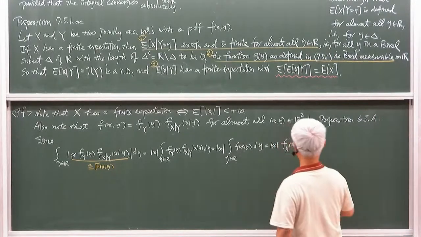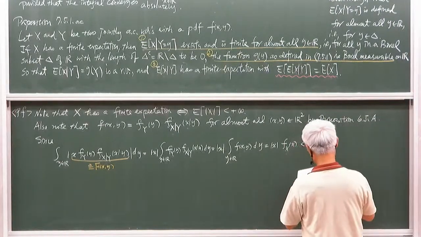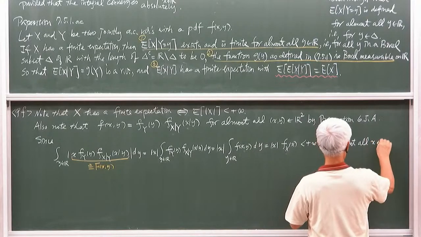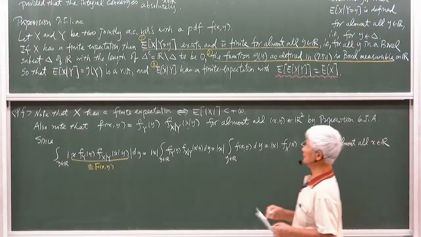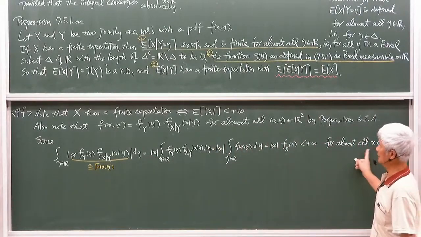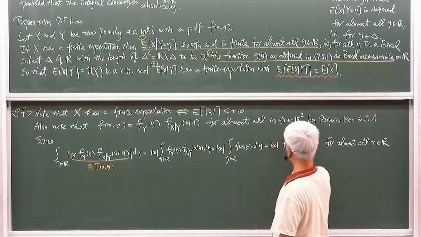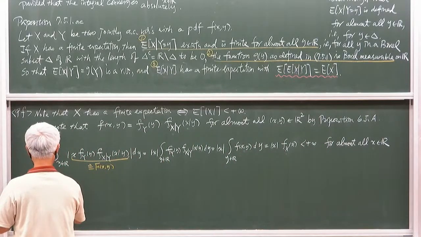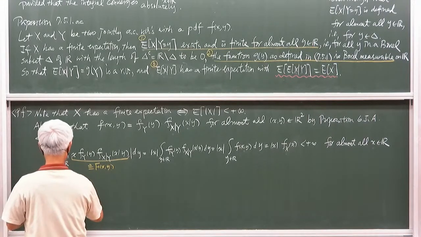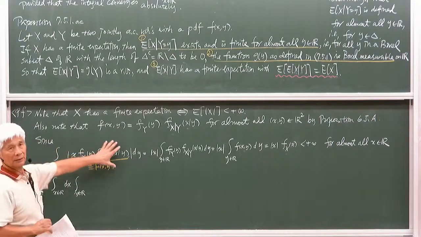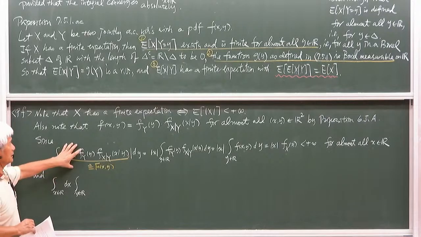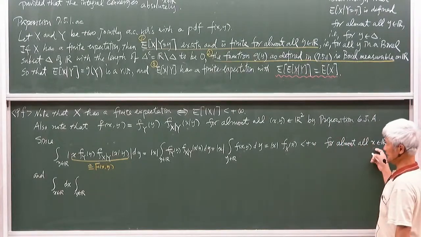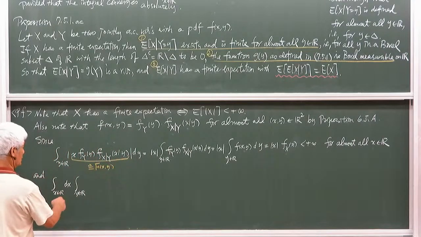And so this is finite for almost all x in R. We know this is true for almost all x in R because the identity is for almost all points in R square. Because this integral over y converges, you can see that this integral is finite for almost all x, and so when we integrate over R,